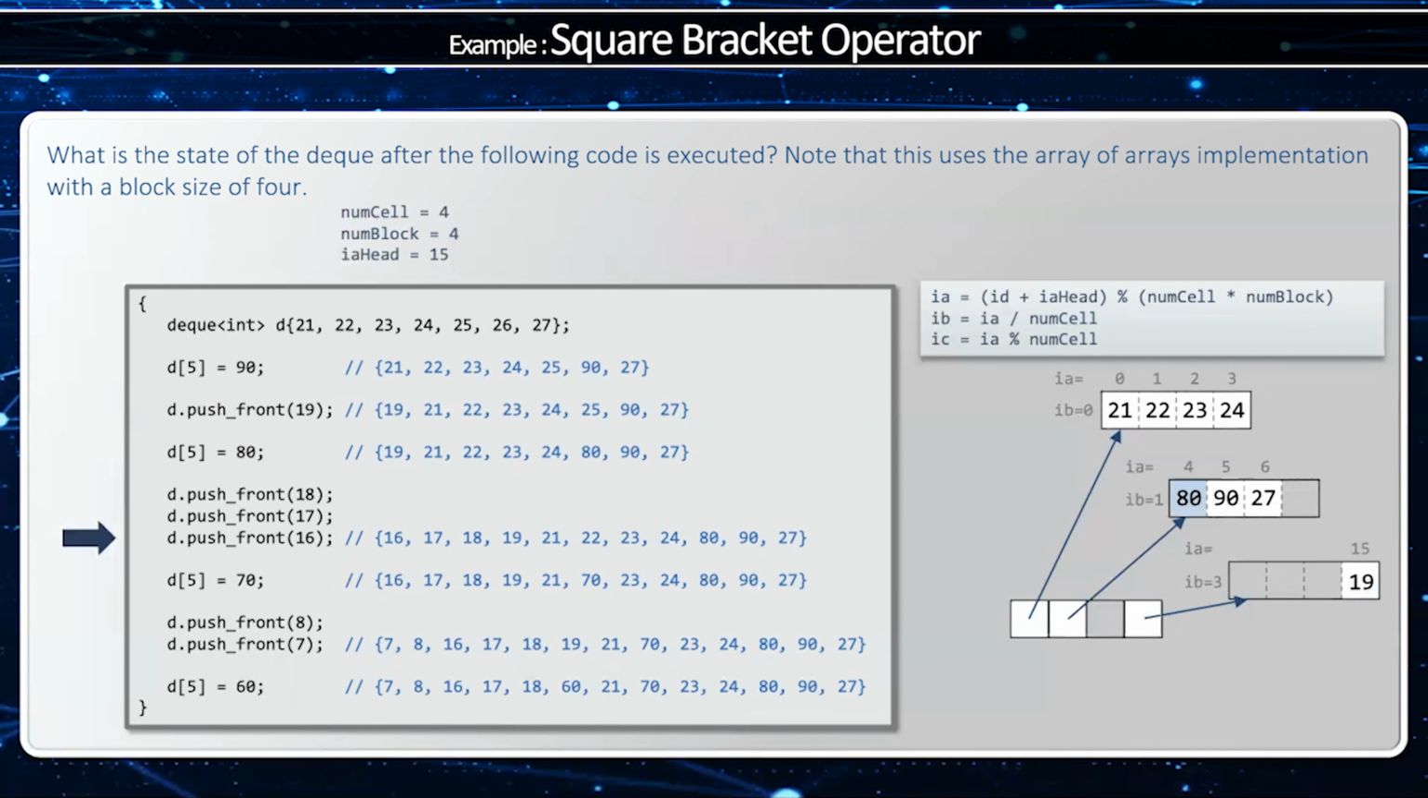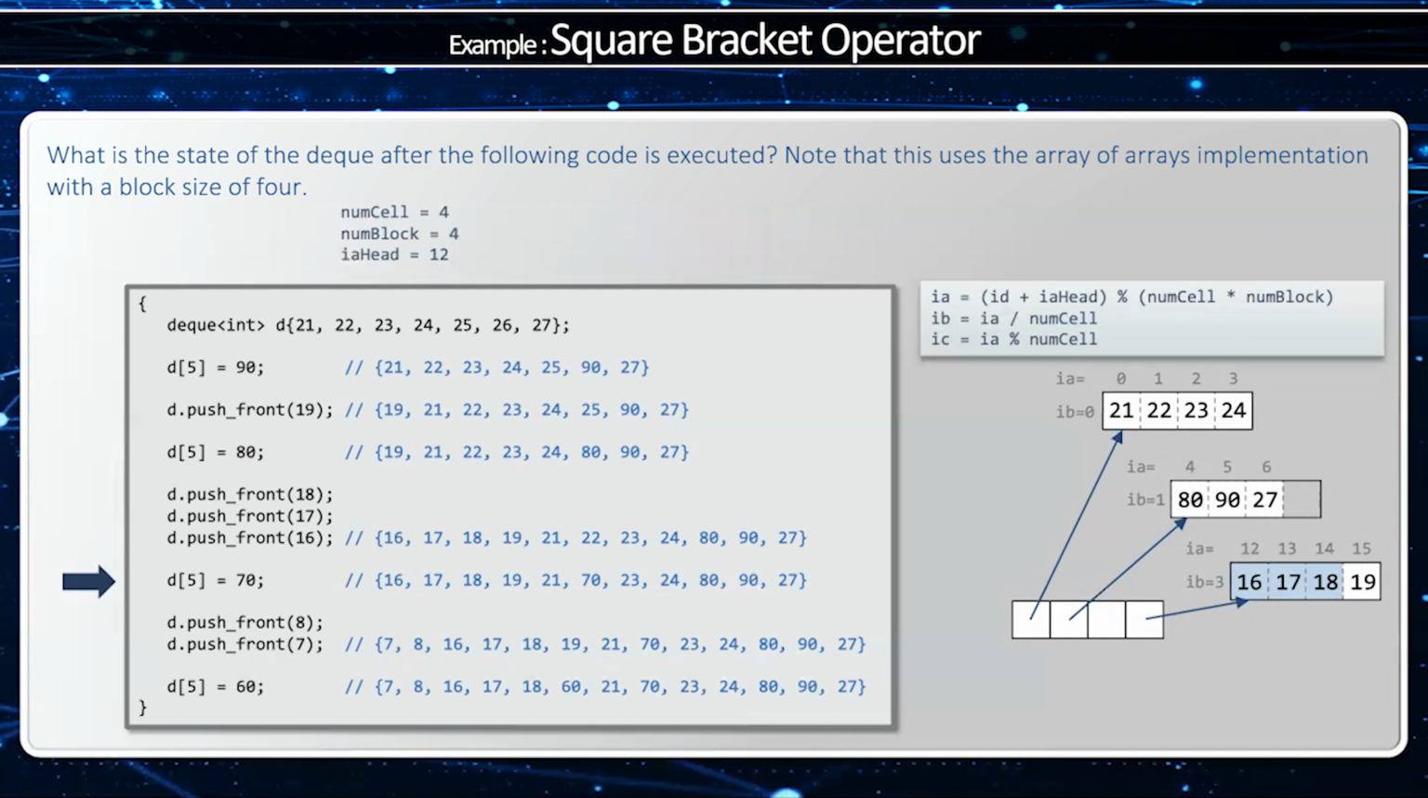Okay, now I'm going to add 4 elements to the front, and this will fill block 3. So notice how I don't have to allocate a new block or anything, but IA head is now going to go from 15 to 12, and that is now the front of my Deque. Now, when I say Deque of index 5,